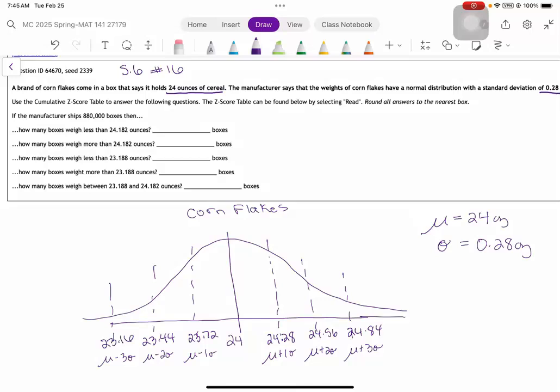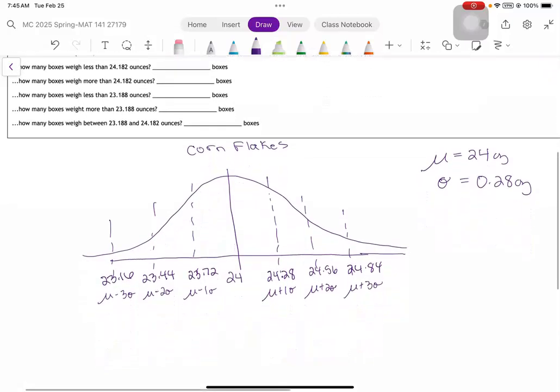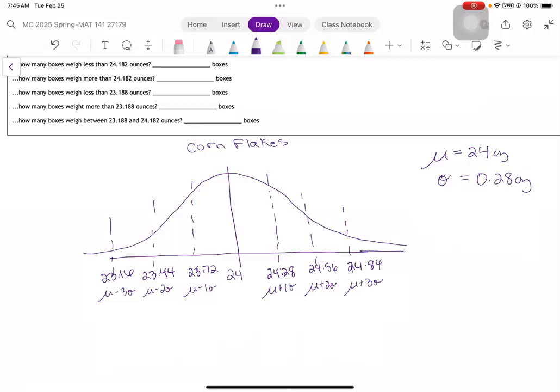So now it says, how many boxes weigh less than 24.182 ounces? Well, I'm going to have to find a z-score. So the first question, I'm going to write right here, we have 880,000 boxes shipped. And then how many boxes weigh less than